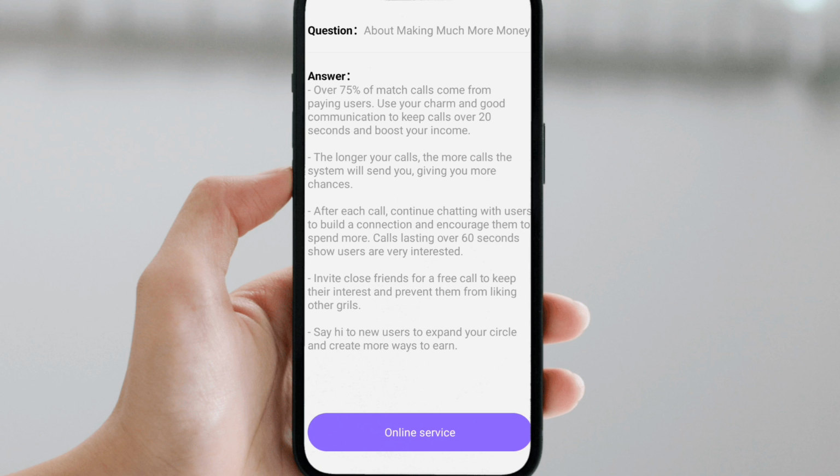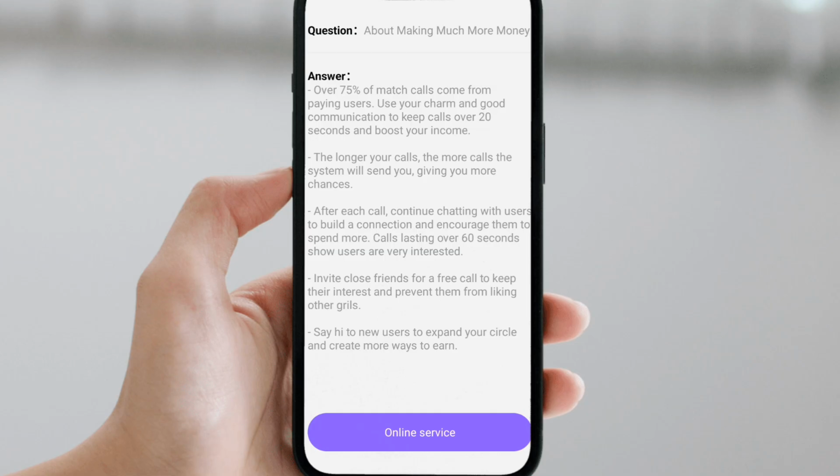Focus on your caller. Don't be cooking while you're answering a call. Don't be watching a movie while you're answering a call. No, or be pressing your phone while answering a call. No, it will make the user look as if you're not interested in the call. So once you get a call, focus on that person. And for you to get enough calls, you need to spend time on the app, at least 1 to 2 hours for you to get enough calls on the app.